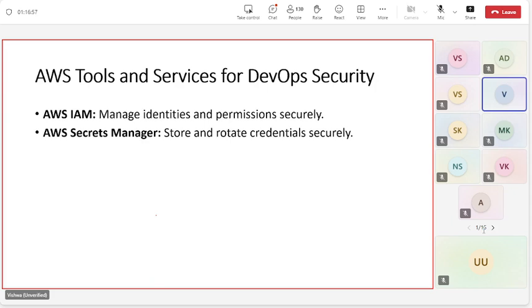Secrets Manager, as I told you, handles the API key issues where you have to hold the keys somewhere very securely and make sure it is all secured. Secrets Manager can just keep the stored data. It can even rotate the credentials securely and pass that information securely to the pipeline when required.